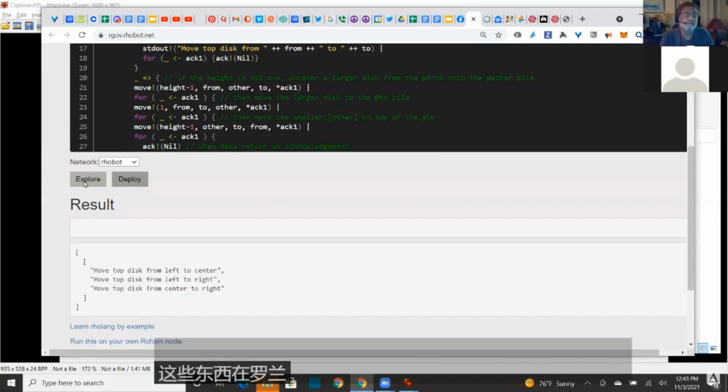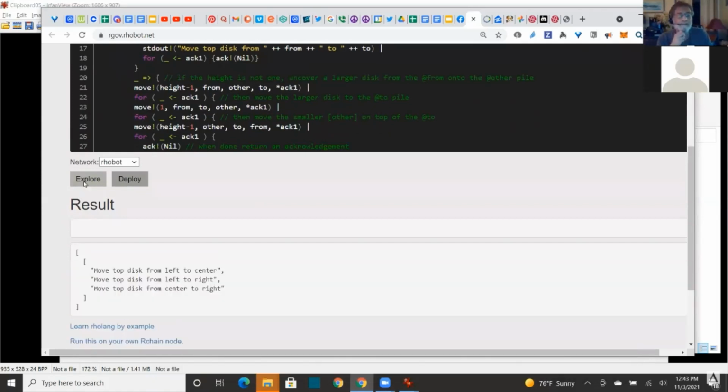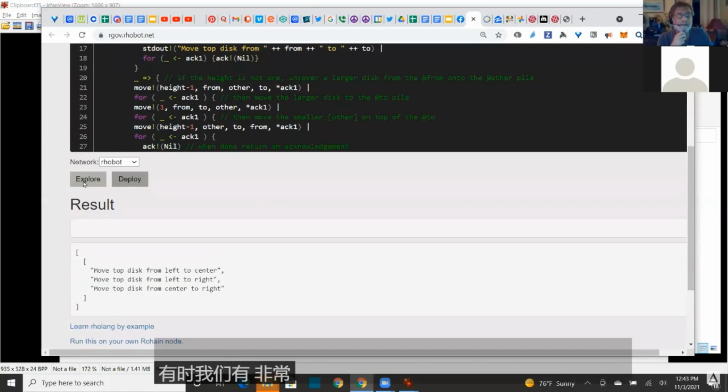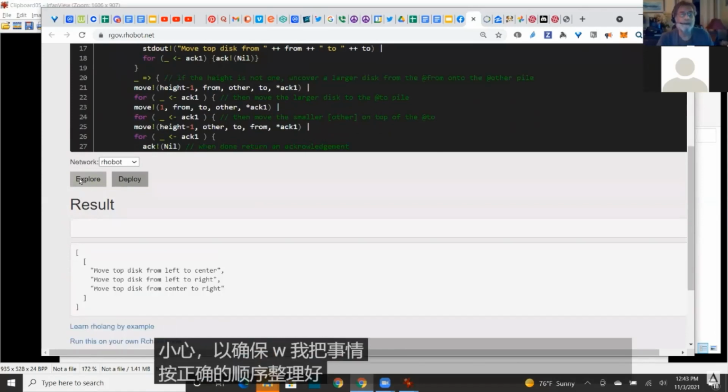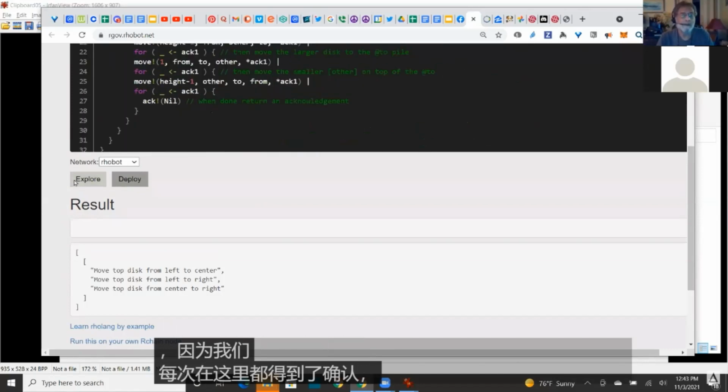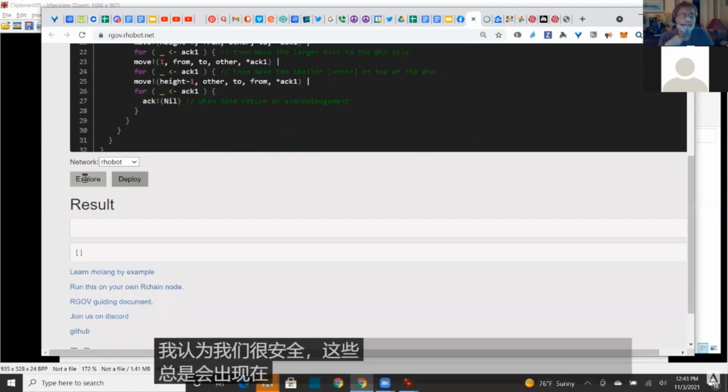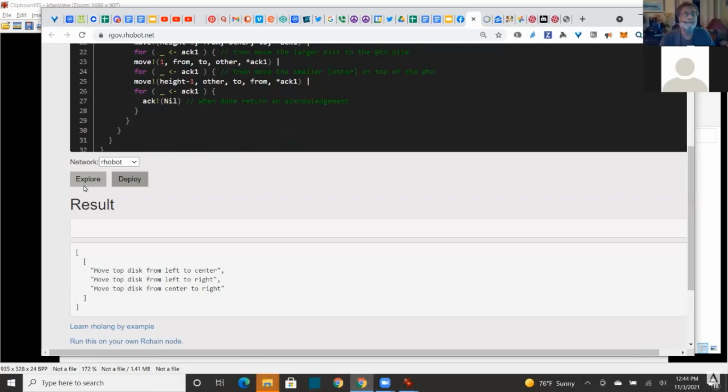Thing is, in rholang, sometimes we have to be very, very careful to make sure we get things in the right order. And because we're getting an acknowledgement back each time here, I think we're pretty safe that these are always going to come out in the same order. However,